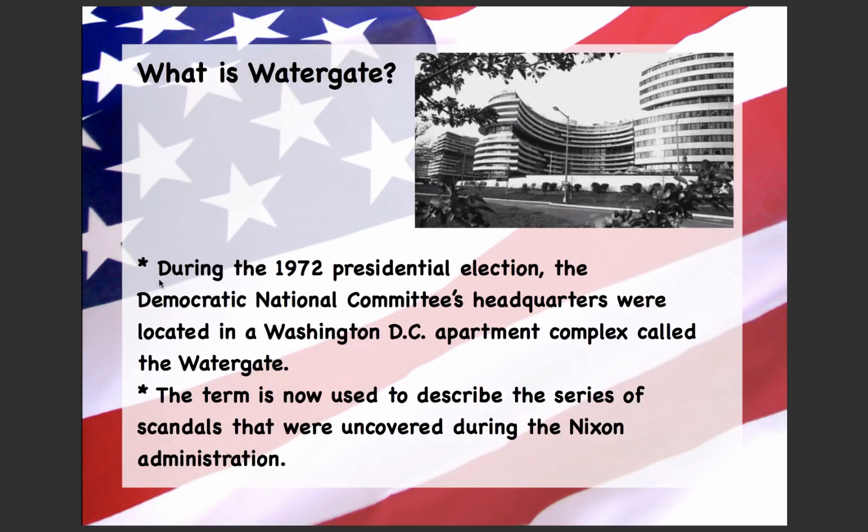First of all, let's define what Watergate is. Watergate really has two definitions. First of all, it is that apartment complex that you are looking at right now. And in 1972, the Democratic National Committee's headquarters were located in this apartment complex called the Watergate. But it also refers to a series of scandals that were uncovered during the Nixon administration around the time of